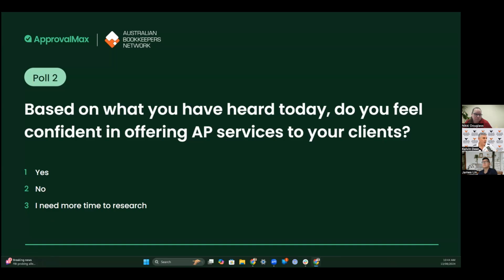And just while people are doing that, Nikki, the scheduling process itself, that was something James spoke about. Can you just give us a quick outline as to how you schedule those reports for your client? Do you do them at a specific date or time? It must make your workflows a lot easier when all the work that bookkeepers have to do around this time of year with BAS and TPAR reporting, etc. It should be a fairly easy thing to slot into your workflow, I'm guessing.